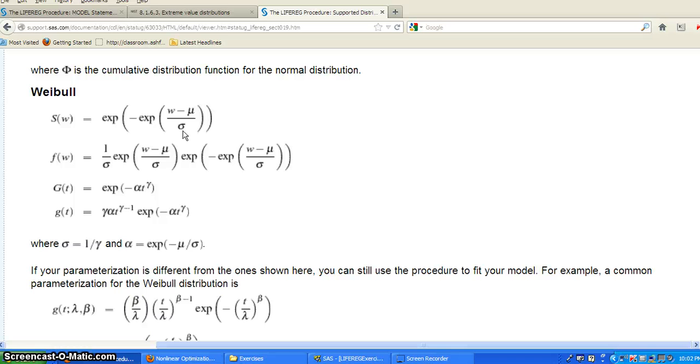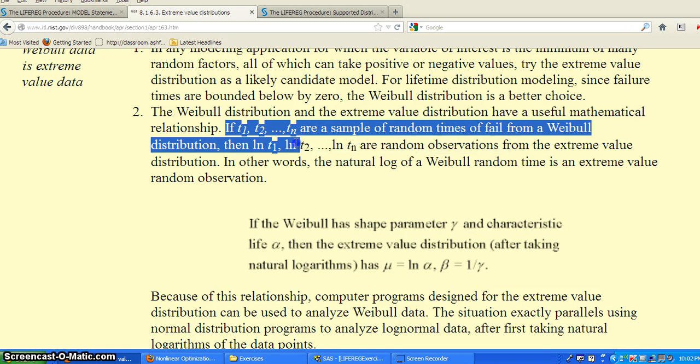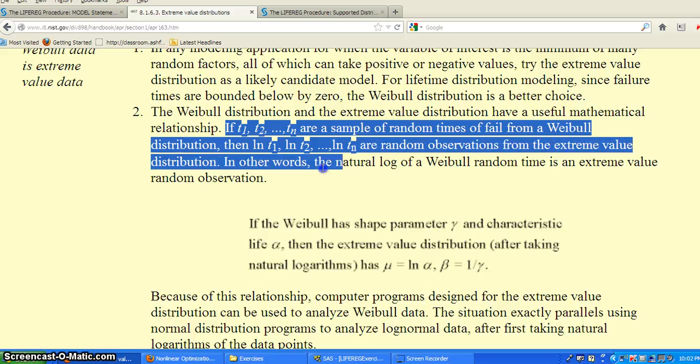And the reason why this is also an extreme value distribution is because there is a relationship between the Weibull distribution and the extreme value distribution. So if T1, T2, ..., Tn are a sample of random failure times from a Weibull distribution, then if you take the natural log of all these survival times from a Weibull distribution, then they become random observations from the extreme value distribution. Okay, so that is why we have